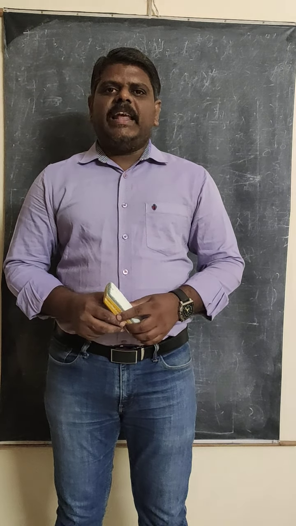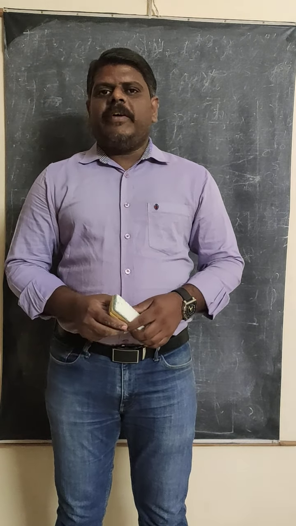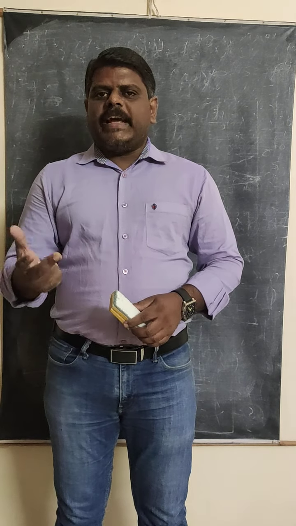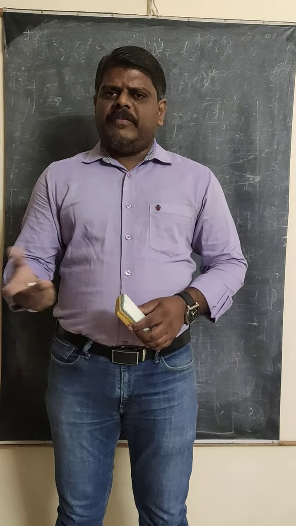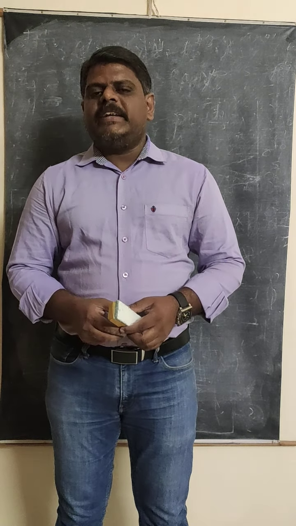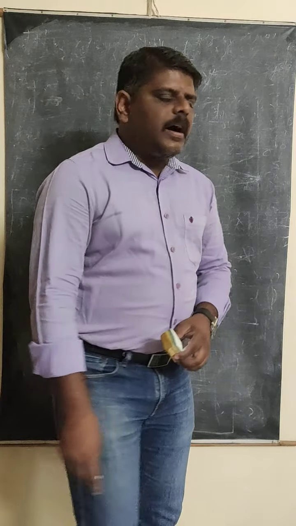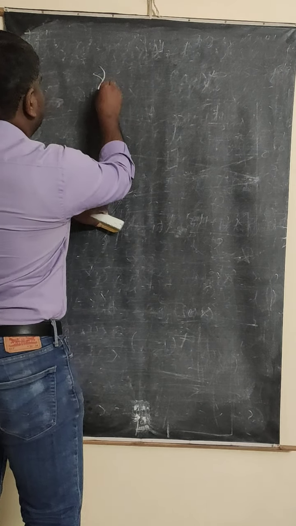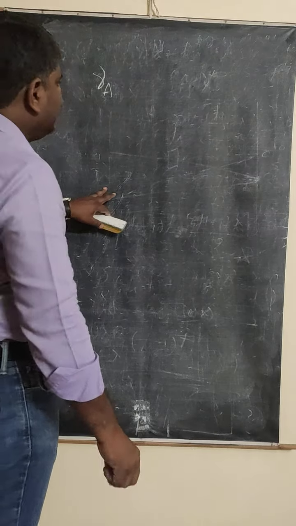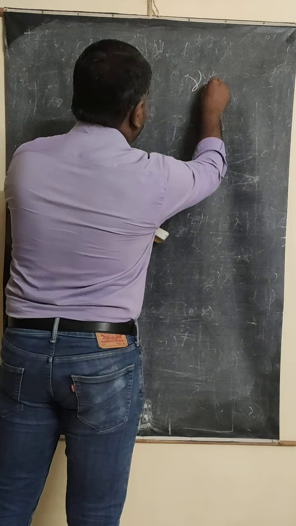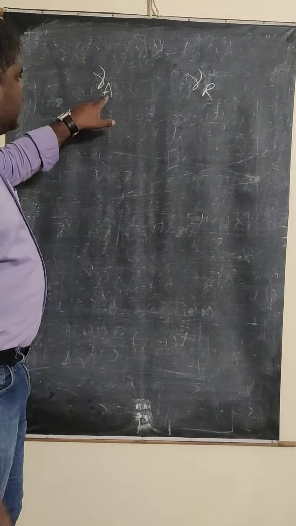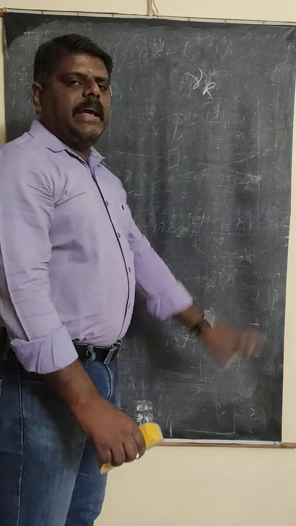Why is the volume coefficient of liquids divided into two parts? The reason is that liquids cannot be heated directly. We need a container. We take the liquid in a container, a vessel, and we heat the vessel. Then the expansion of the vessel also takes place. So, by considering the expansion of the vessel, the volume expansion of liquids is classified into two types. One is the coefficient of apparent expansion, represented by gamma A, and the other is the coefficient of real expansion, gamma R.